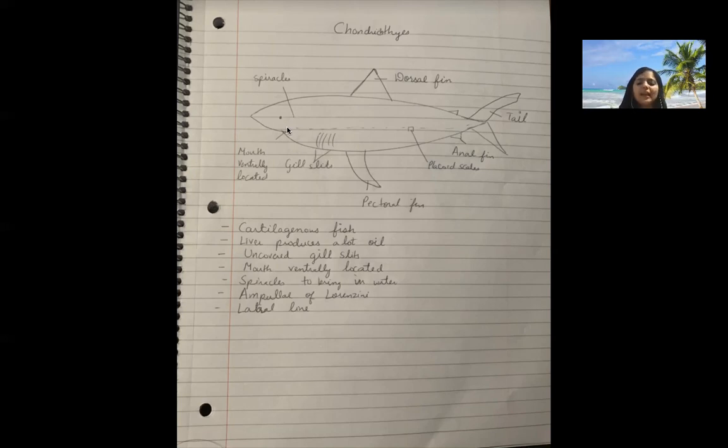Okay, and then some other features are that they have a lateral line. There is a line which runs through the whole body, halfway through, and I think there are some structures on this line which help them to indicate pressure. Whenever another animal moves in water, there are some pressure changes, right? So there are some sensory structures on the lateral line which help them to sense the changes in the pressure.